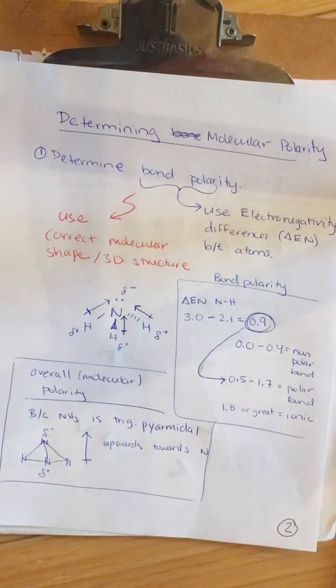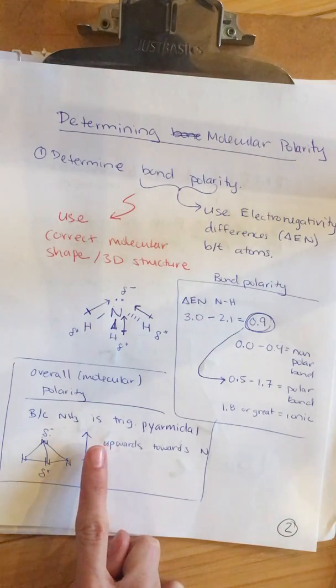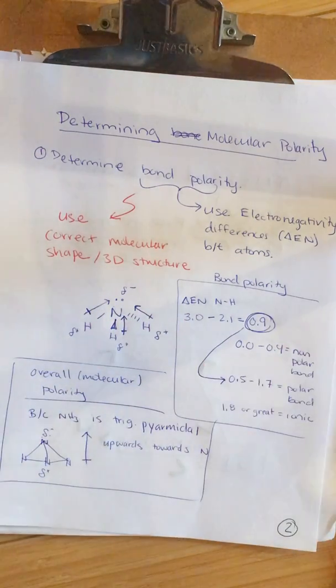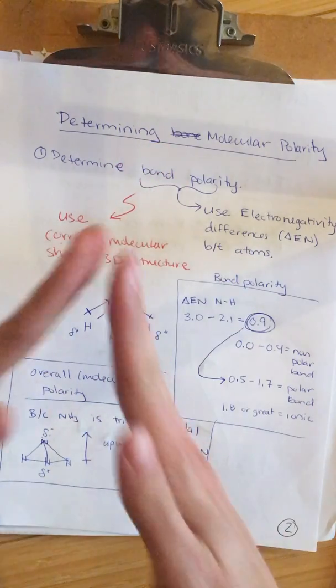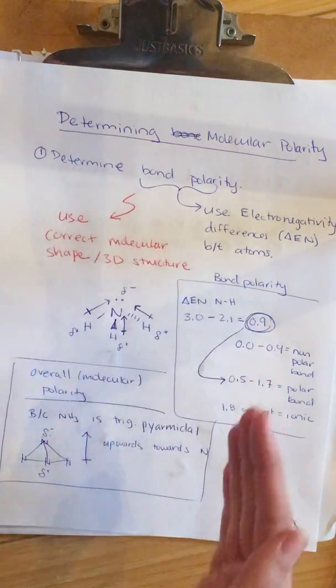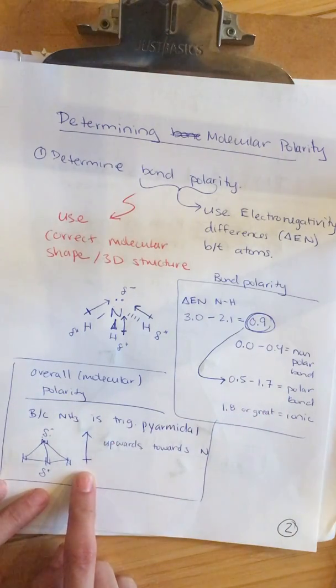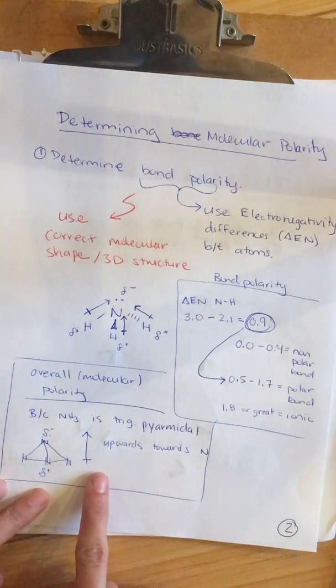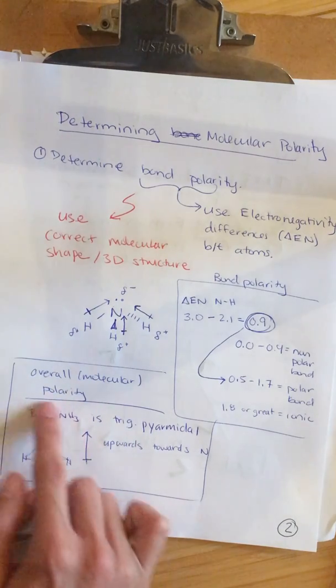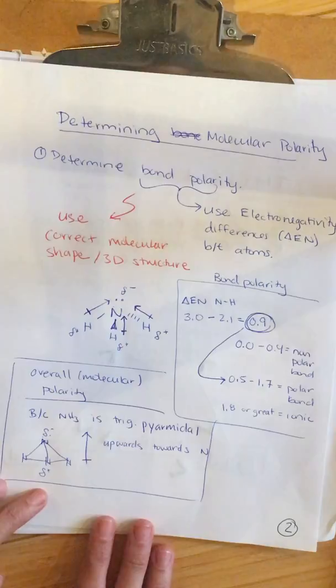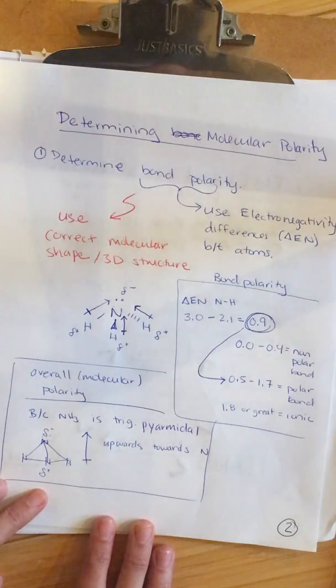That tells us that all of these vectors are all pointing slightly towards the nitrogen. Because they're all going kind of in the same direction, they're going to add, and the overall polarity of the entire molecule is going towards the nitrogen. That means this overall molecule is polar,